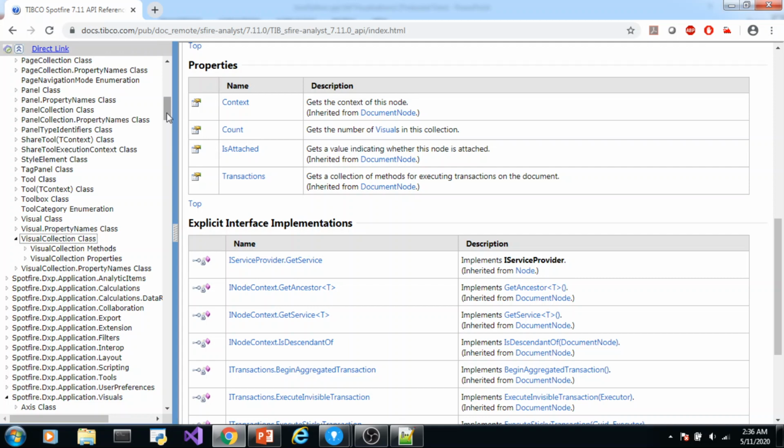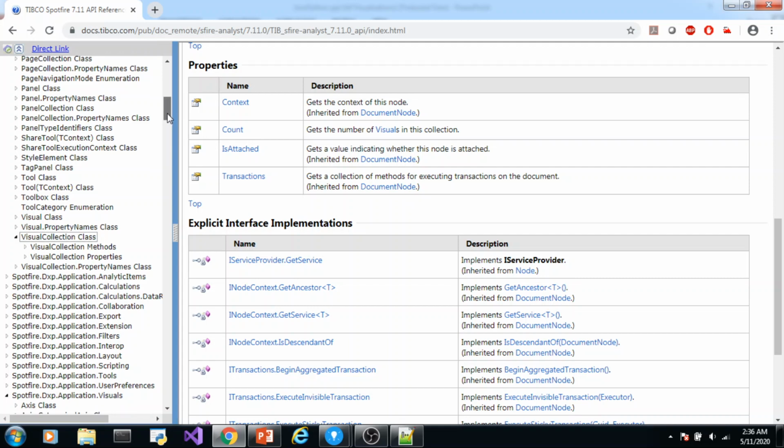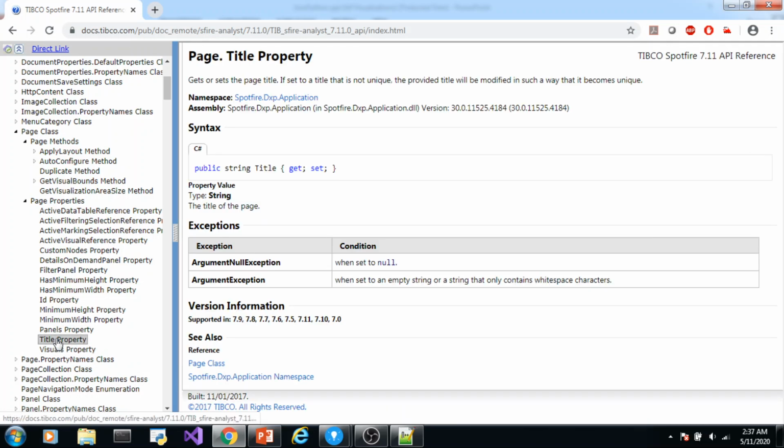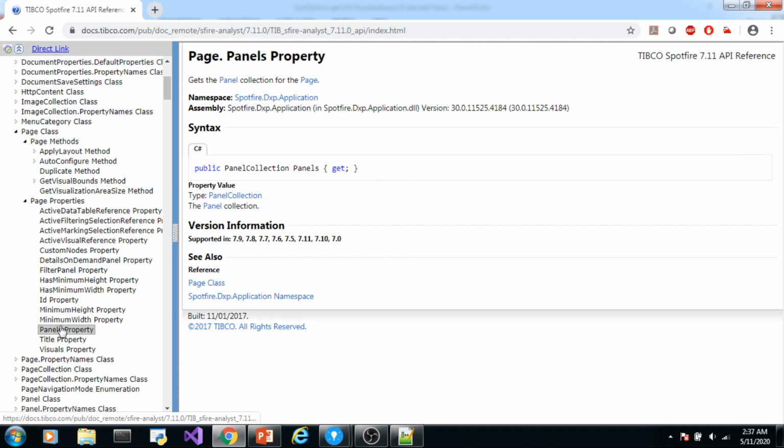So visuals must be a property of the page class. We went to the page class and we saw these are the properties available. Visuals is one of those properties. Similarly, there is a property called title, which is nothing but the name of the page. Panels. This is where the hierarchy comes into place. When you access the visuals or panels, you know it belongs to a page individually.